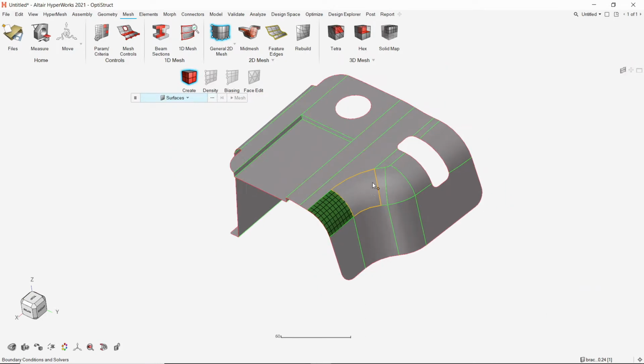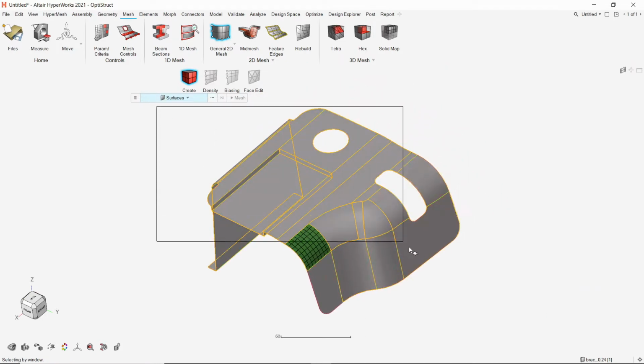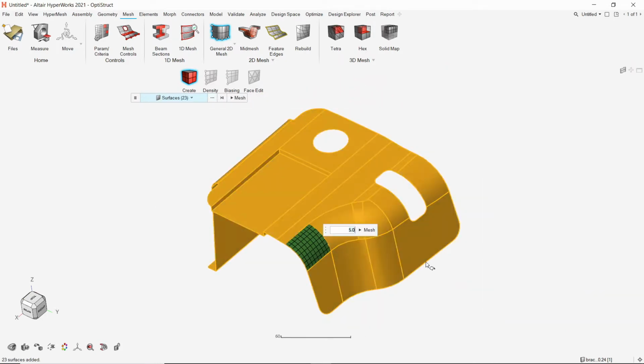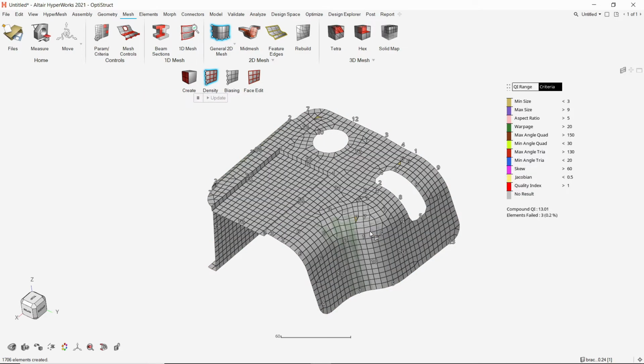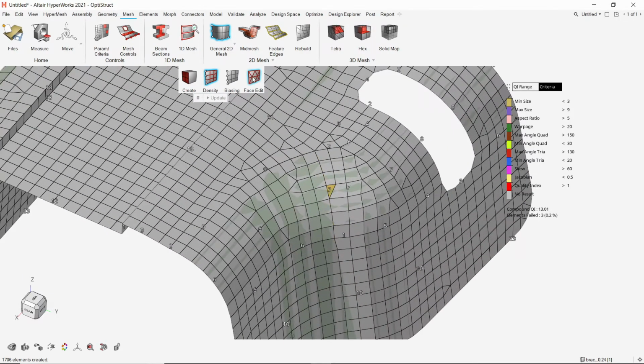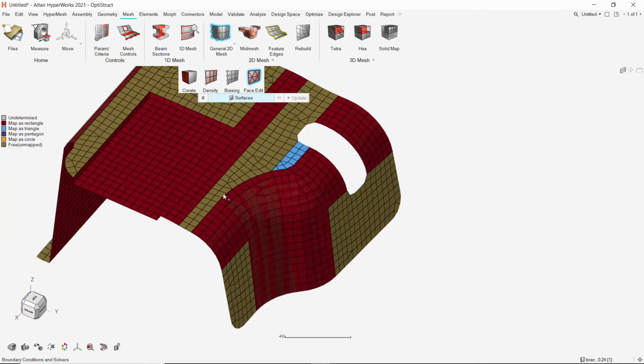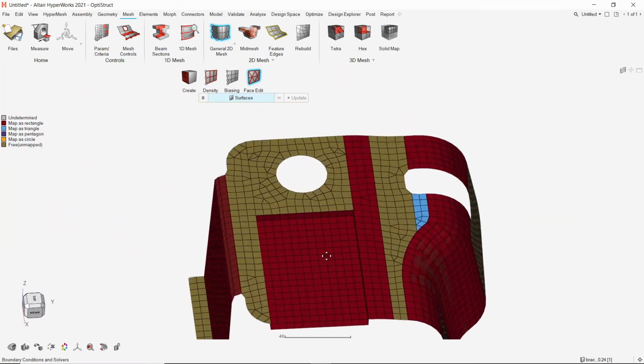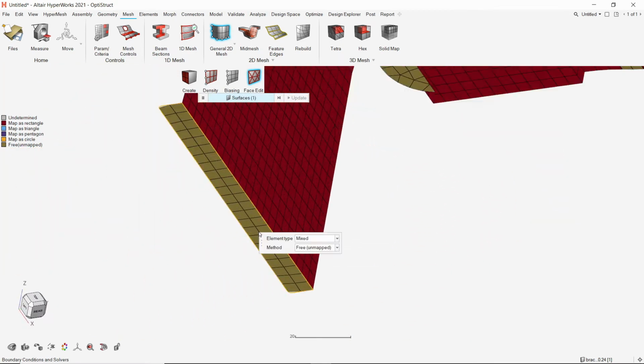Similarly, we can select all the surfaces at once and mesh them simultaneously. Now we can face edit any required face. If the region gets grayed out after changing the mapping option, it states that the chosen option is not suitable.